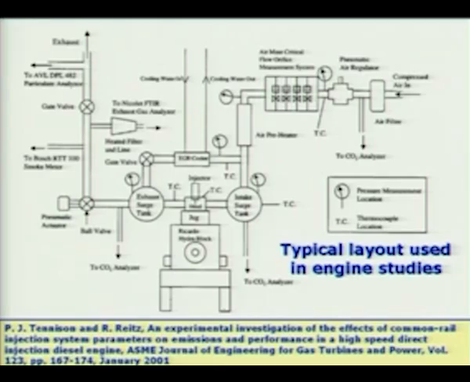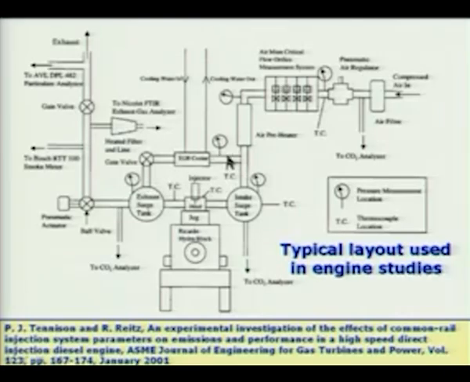It contains a lot of measuring instruments, and a lot of information can be obtained by doing the experiment with all these measurements taken simultaneously. In a later lecture we will also look at a similar situation, and we will see, for example, here there are so many pressure gauges, pressure transducers, many thermocouples, and other devices to measure air mass, air flow and so on. All these require simultaneous measurement.